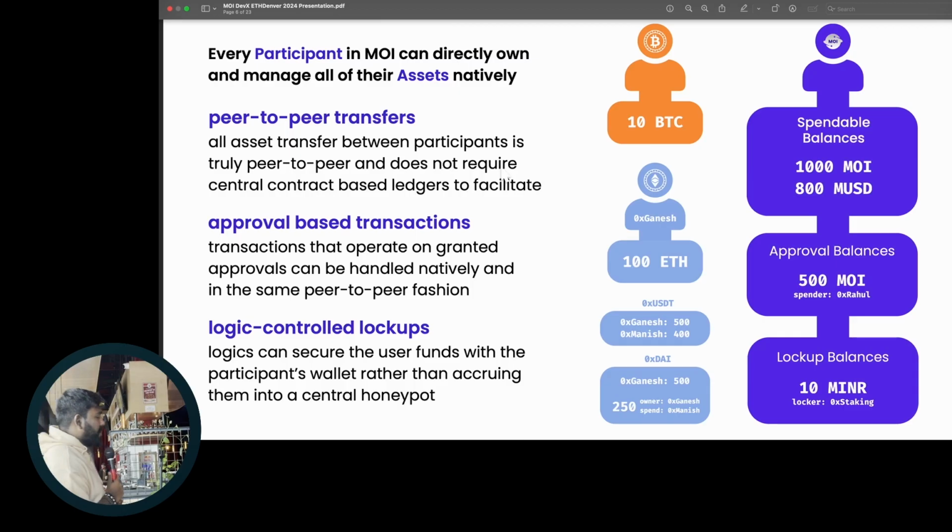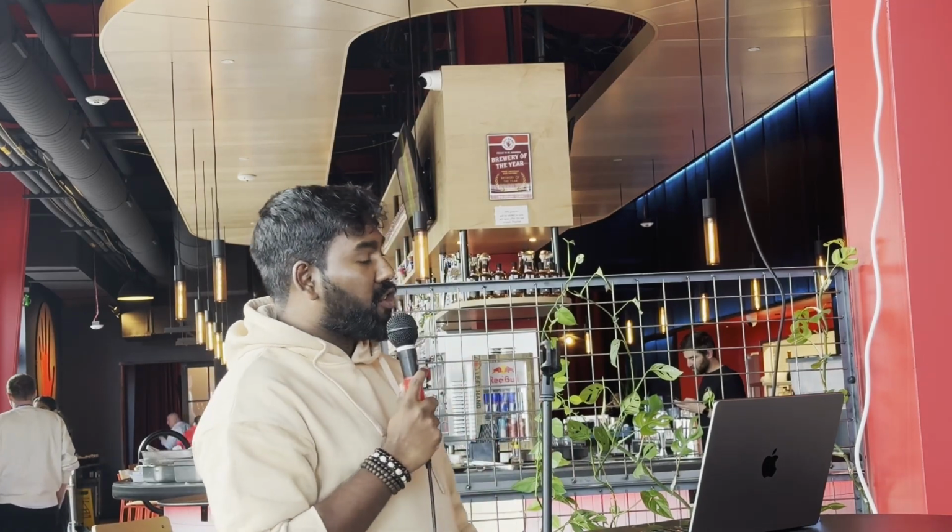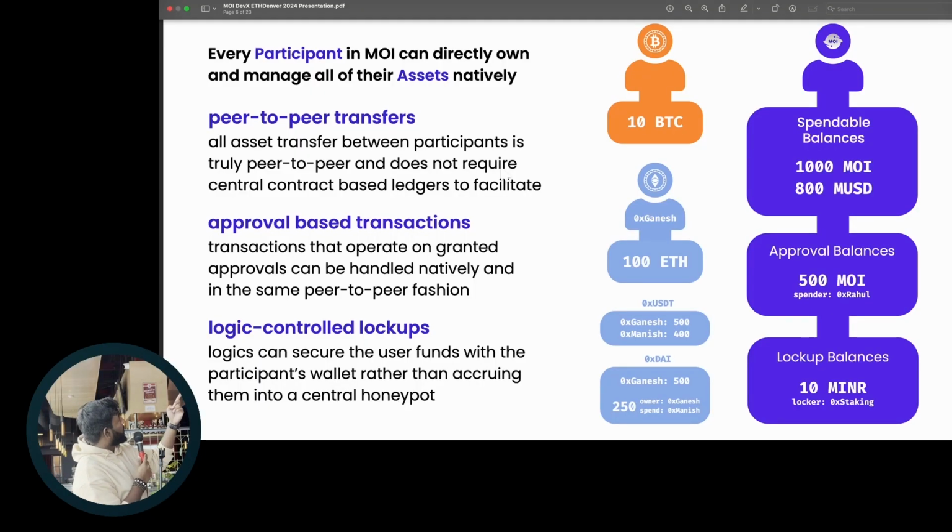You can look at the Bitcoin account model, if you will. It's technically a UTXO, but for the sake of this conversation and analogy, let's think of it as an account. There's just some Bitcoin balance associated with this address, right? And when we moved to Ethereum, we really wanted to make sure that we had an internet of assets and the ability to manage that across smart contracts, right? So you can see in the Ethereum address here, 0x Ganesh, that he has an Ethereum balance